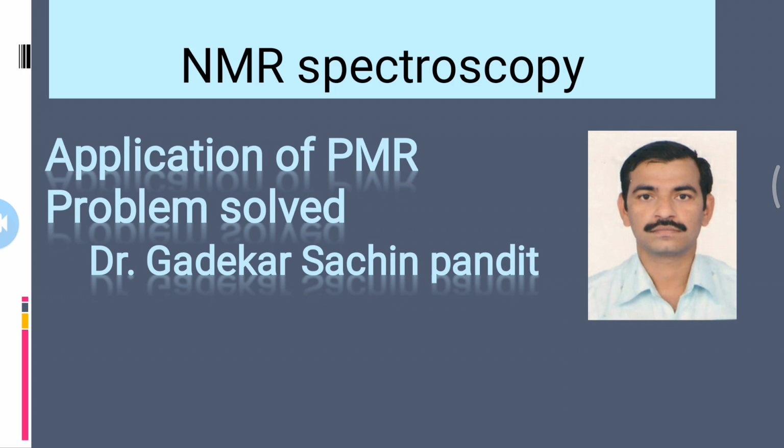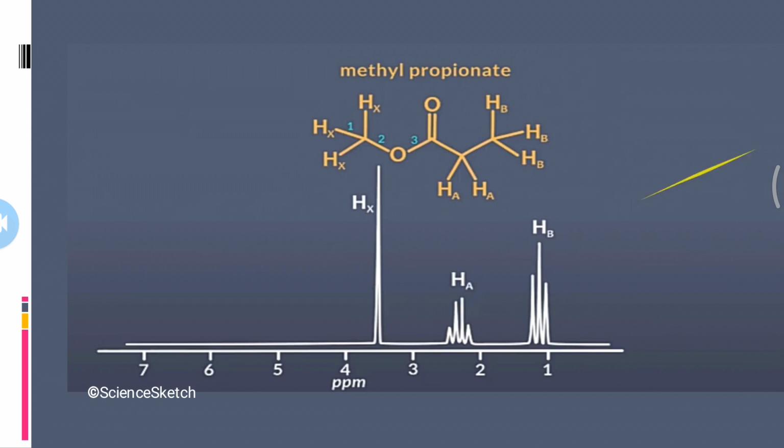If we use a low resolution instrument, then ethyl chloride or ethyl bromide gives only two signals. If we apply a high resolution instrument, it gives a different splitting pattern. These two peaks split into other signals, and the splitting pattern depends on the instrumental resolution. Here is the splitting pattern of